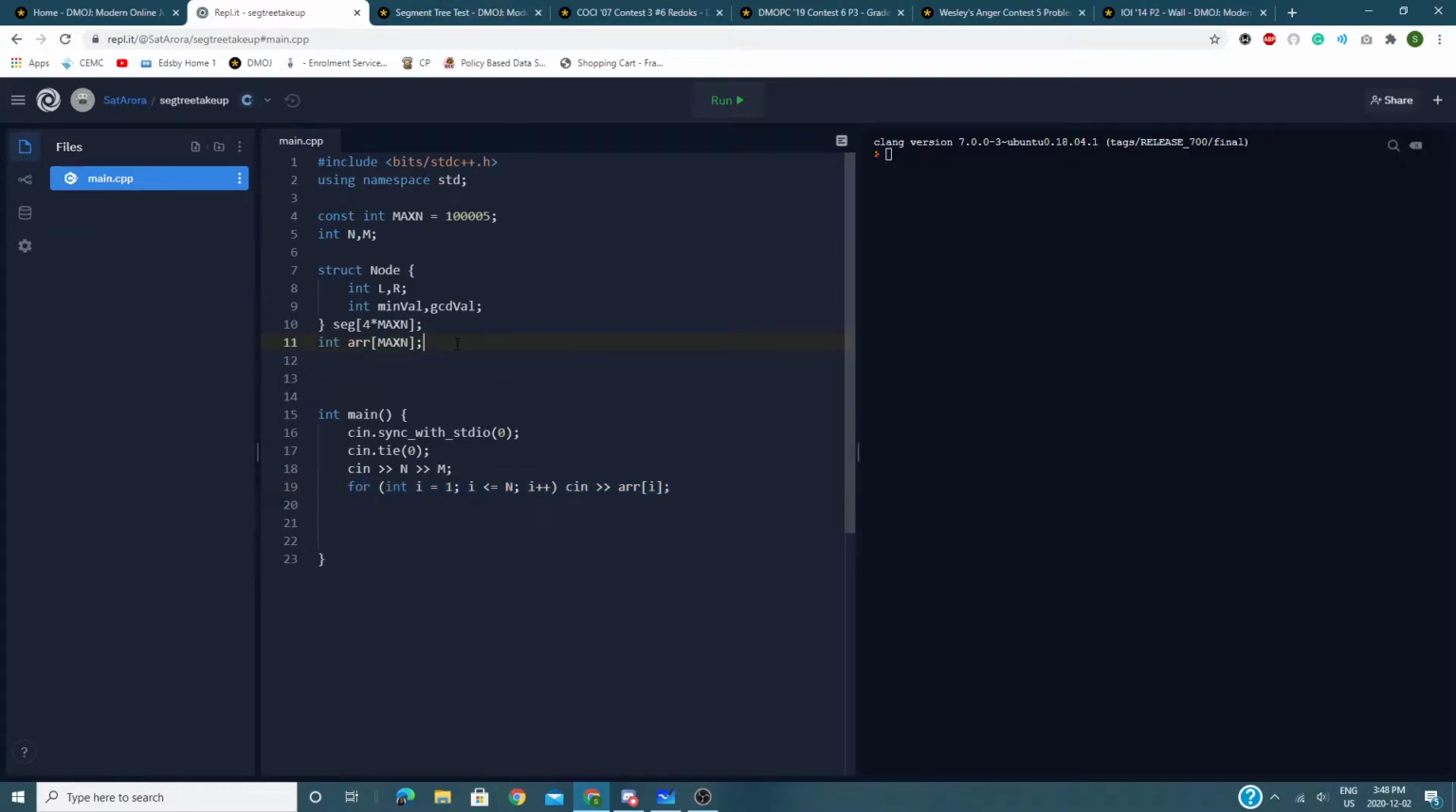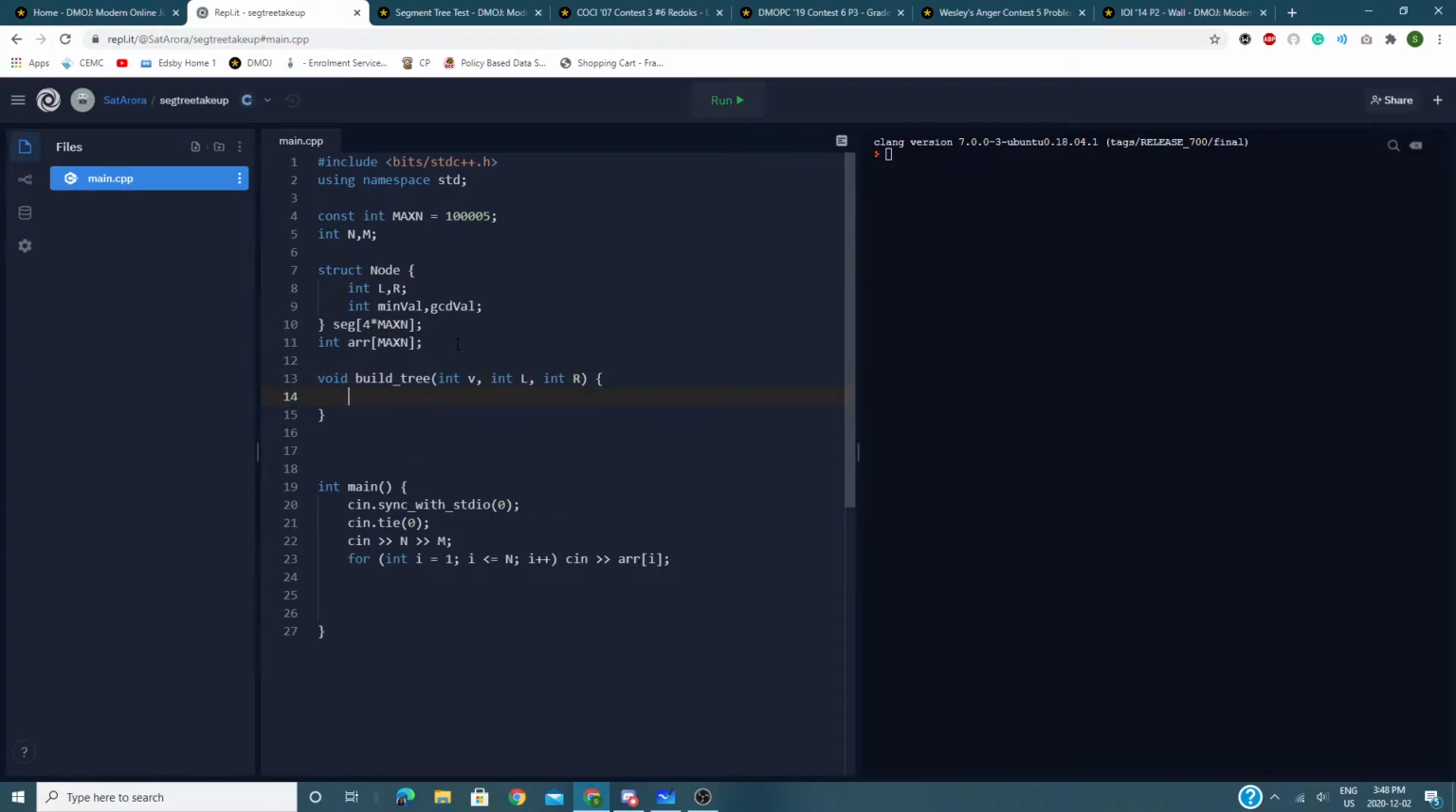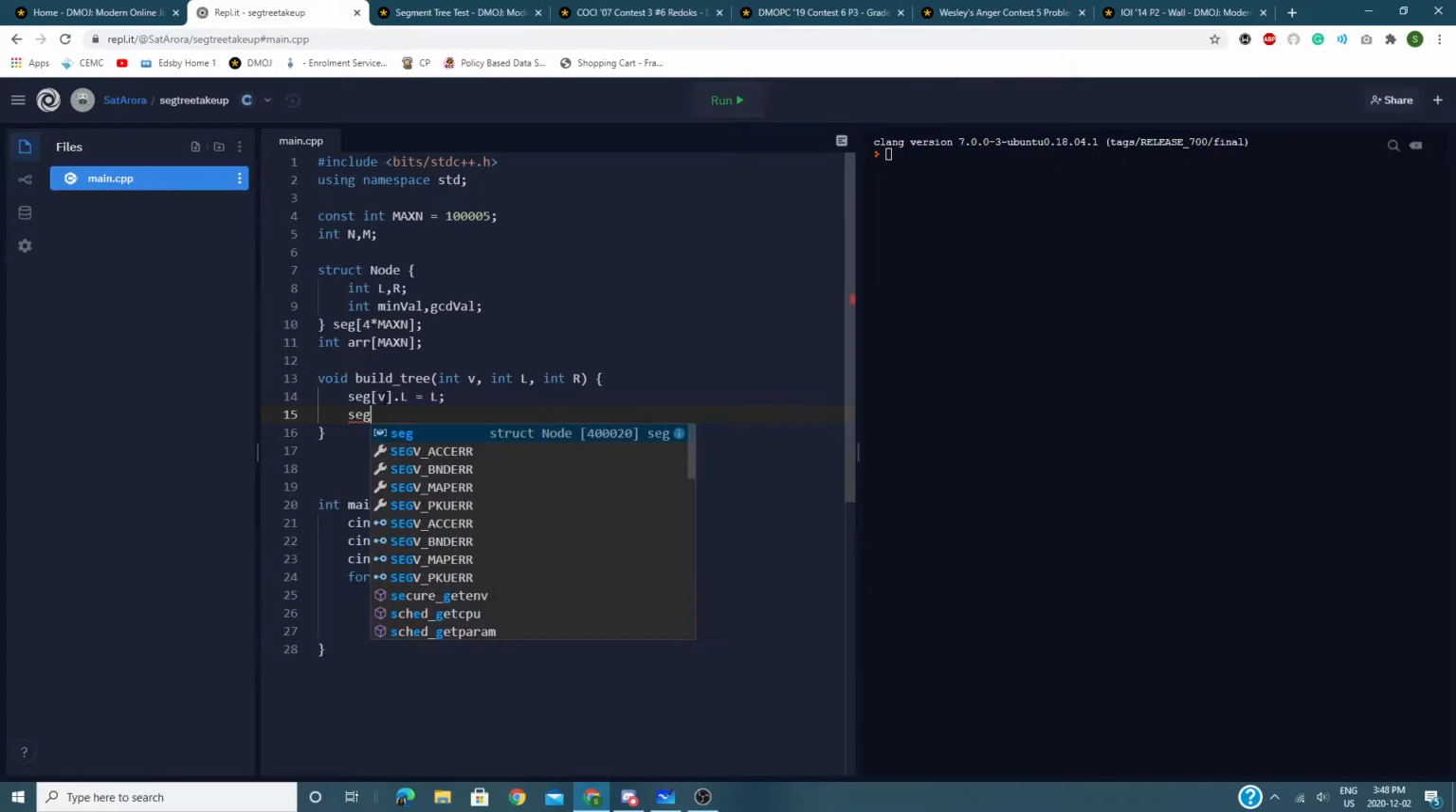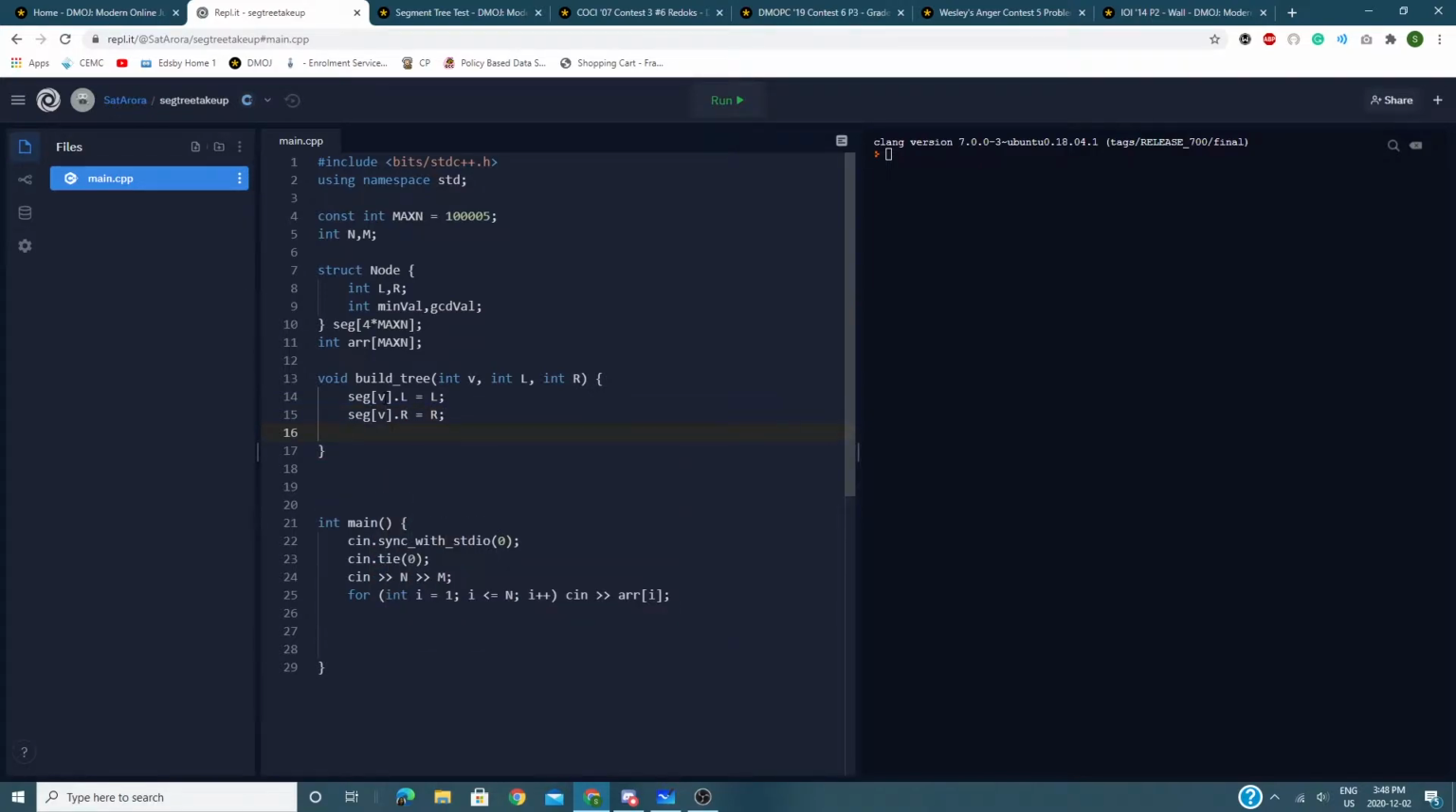So now let's actually write our build tree function. It's going to be quite similar to the build tree that we did with the minimum range query. So int v, int l, and int r. First we're going to assign the node's left and right values to the values that we get in the function. So seg[v].l equals l, seg[v].r equals r, and then we need to check if the left and right values are the same, because if they are, then we are at a leaf node, and when you're at a leaf node, you don't need to search down further. So if the left and the right are the same,